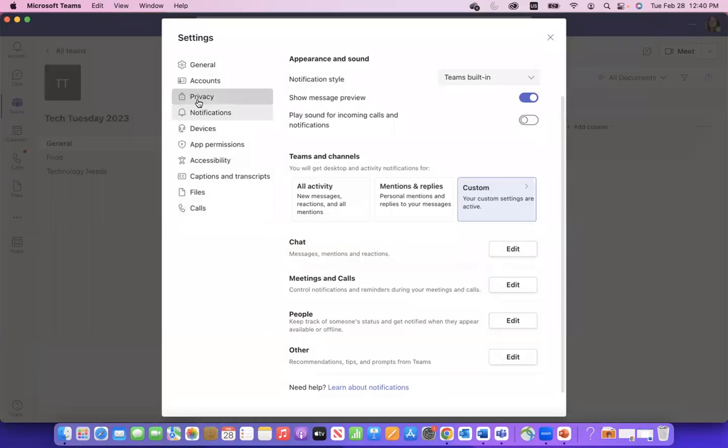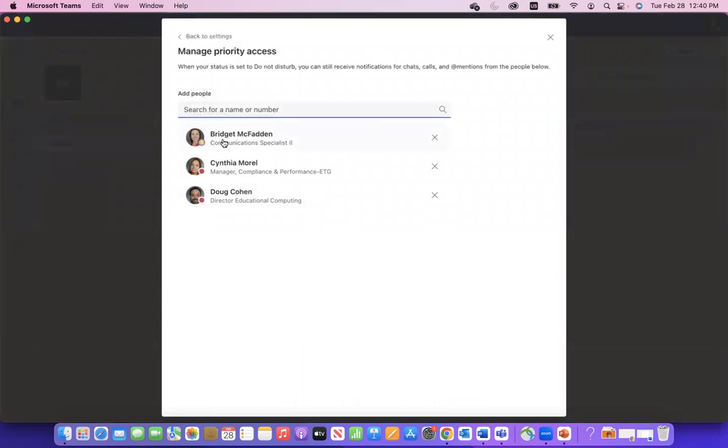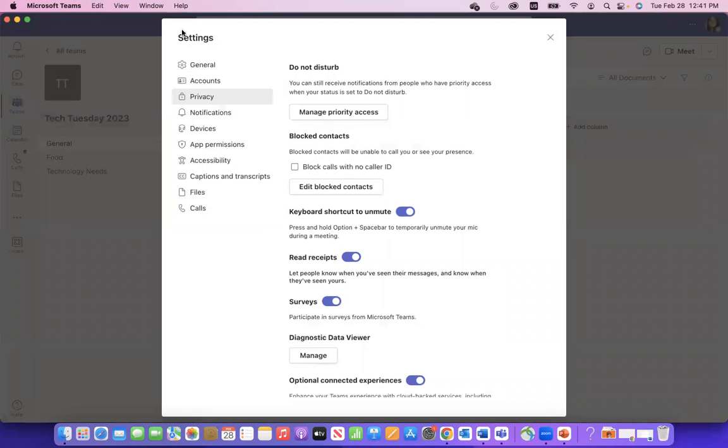One thing that I do like is if you head under privacy, you can set your status to do not disturb in Teams, but if there are particular people that you really would like to see their messages, even if you are on do not disturb, you can have priority access. So for me, I have my colleague who I talk with all the time. If I'm on do not disturb and she needs to reach out to me, fine. I've also got 2 managers here that if they message me on do not disturb, I'll at least get a notification that they're trying to reach out to me, no matter what I'm doing. So that's another way that you can manage who gets access to you, however you need it to be. And there are obviously a lot of other things that you can manage in your settings.